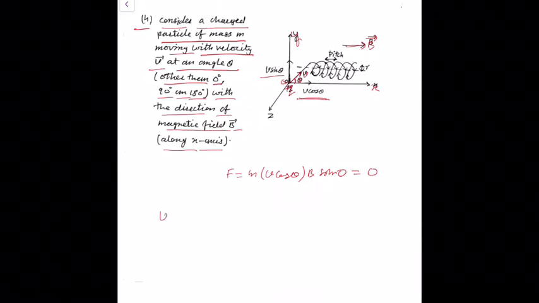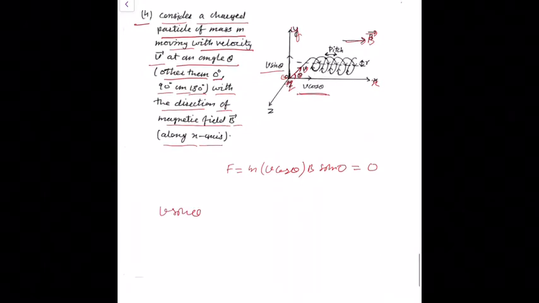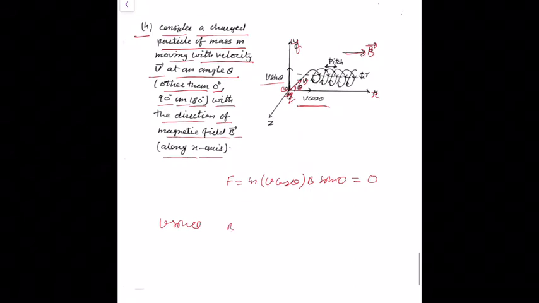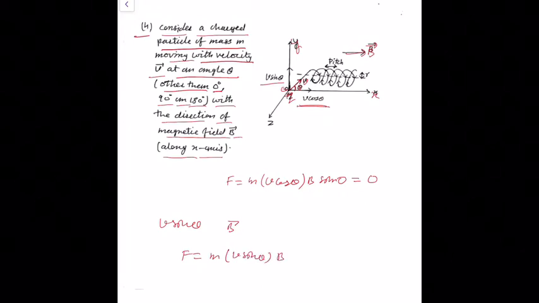Since v sin theta is perpendicular to the direction of B vector, the particle experiences a magnetic force. F is equal to m into v, here v sin theta, into B into sin theta. Theta is 90 degree. So F is equal to m into v sin theta into B. Clear? Next,